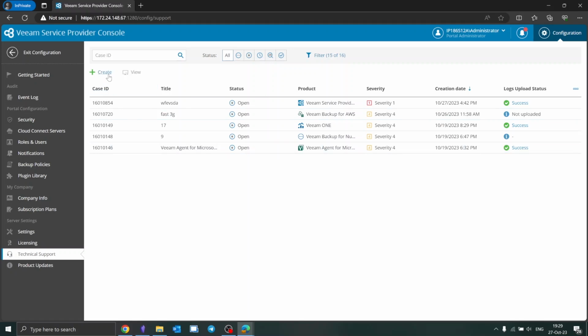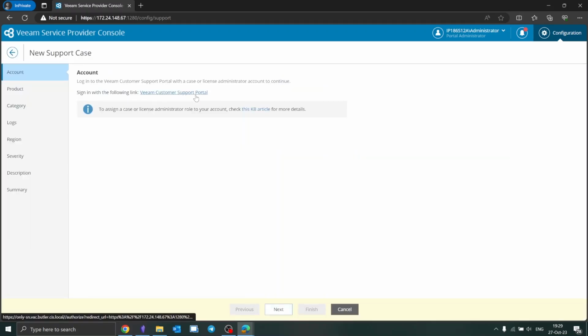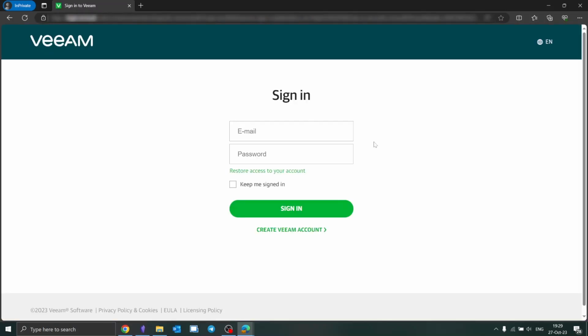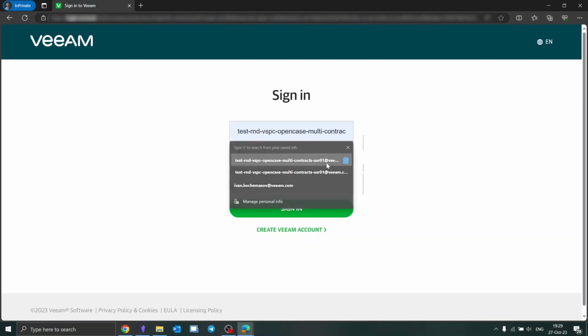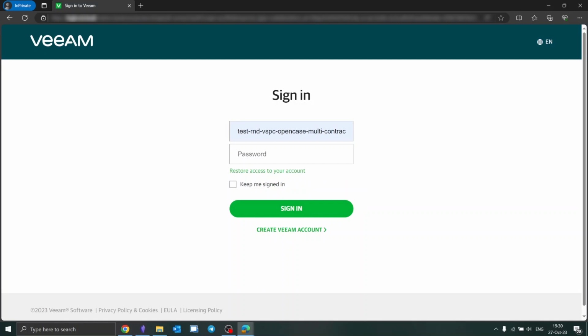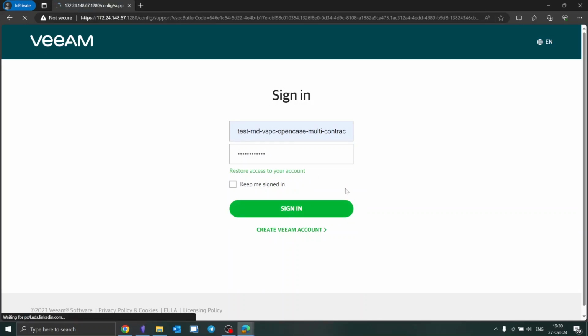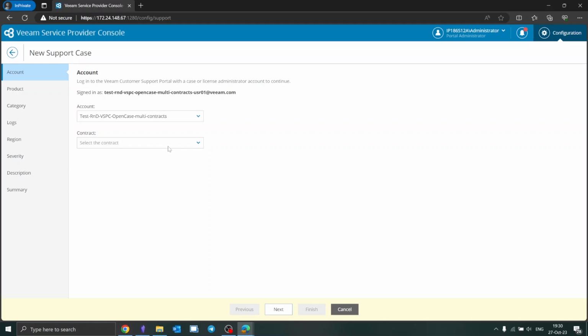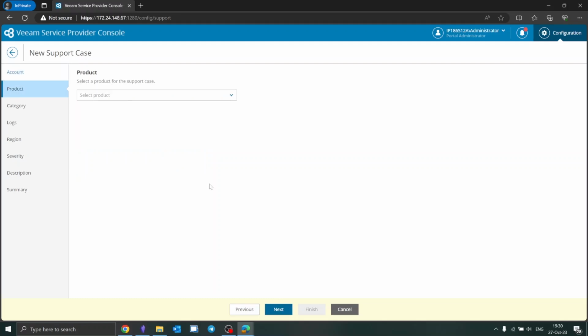In order to create a new ticket, you hit Create. Then you need to specify the sign-in credentials. Those sign-in credentials are actually the ones you usually use on my.veeam.com in order to create a new ticket. So now I'm going to fill those in and provide the password to log in. As a result, I'm going to receive an authentication code and will be able to create tickets on behalf of this case administrator. Next, I need to specify the contract I will be opening the case for,